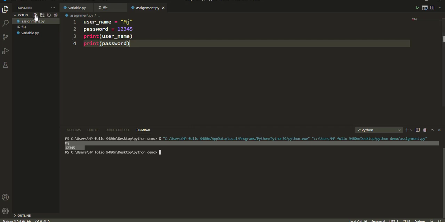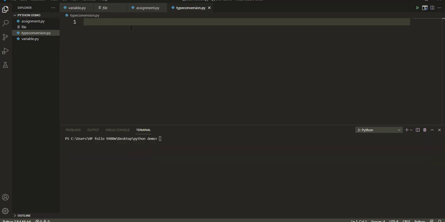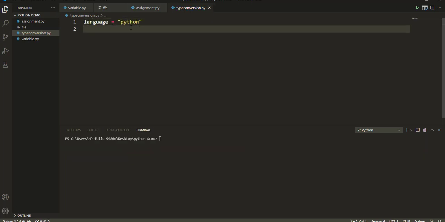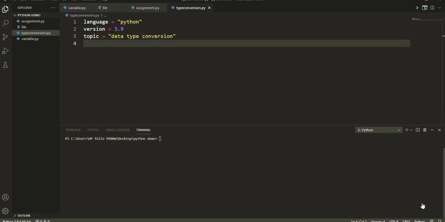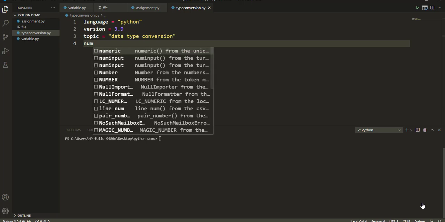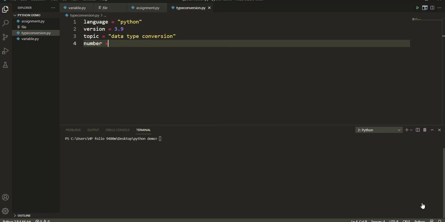Create another file for our current topic, data type conversion. Type some variables and assign them specific values, like language Python in version 3.9, topic data type conversion, and number 1 2 3 4 5. Assign these values to variables and print the original values of the variables, and then we